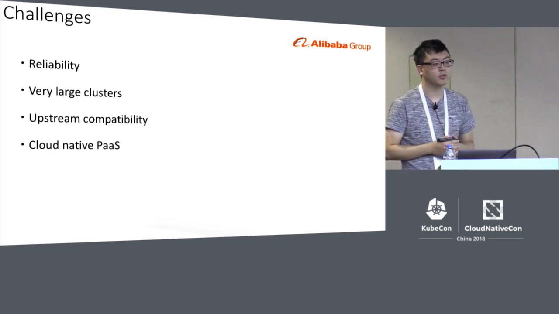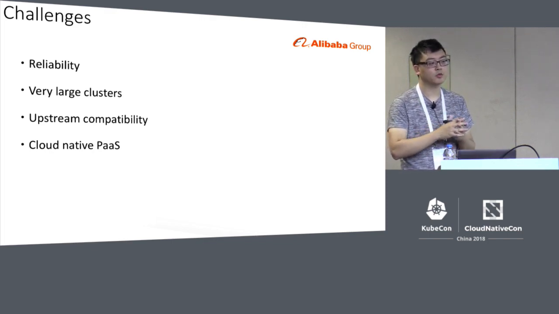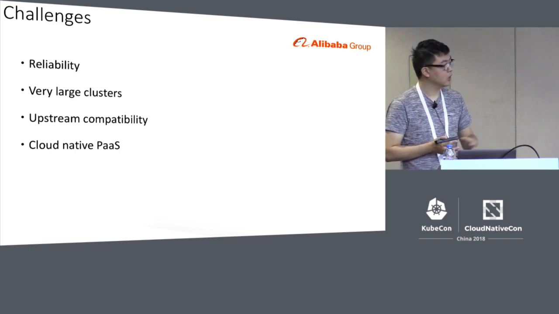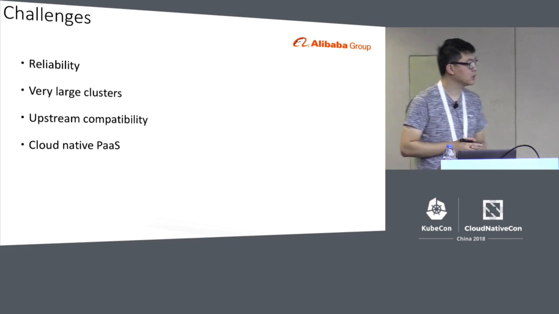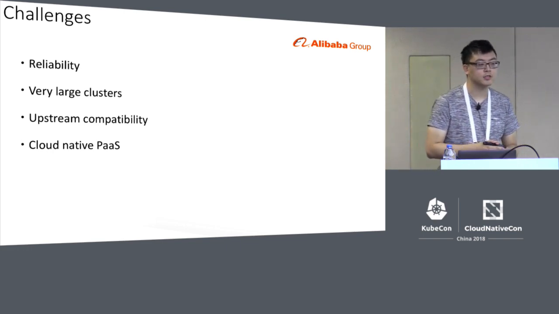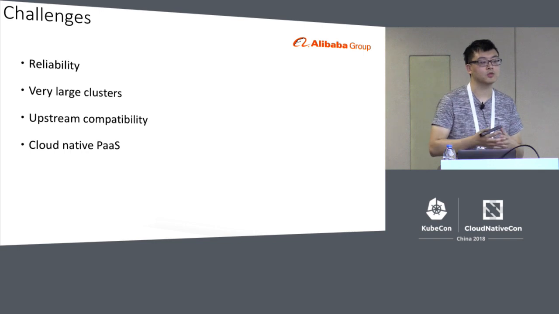First is reliability and stability. Previously, Sigma was self-governing and controllable, and most decision-making logic was concentrated on the central API server, so it was easier to manage risks. But now, the decision-making has been decentralized into different nodes, and we want to avoid such risks. If one decision maker has a bug, it should not affect the whole system, and we want to address that issue. The second challenge is about large clusters.